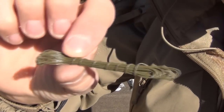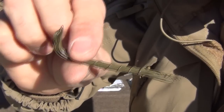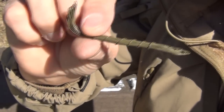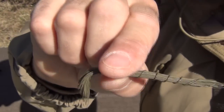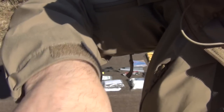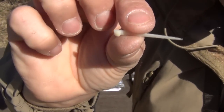A small bit of snare wire, and I know you're not going to make a dozen snares out of this. You might make 1 or 2, but this is also good for shelter building, and it's also good if you want to suspend something over your fire and you don't want it to melt or burn through like some other kind of cordage would. I also have a small toothpick from a Swiss Army knife,